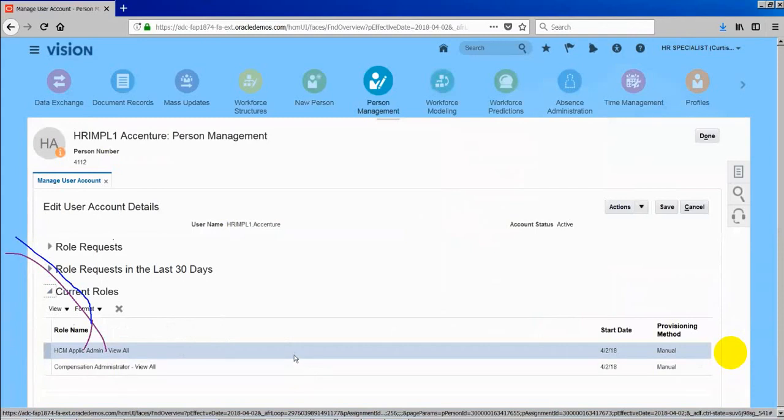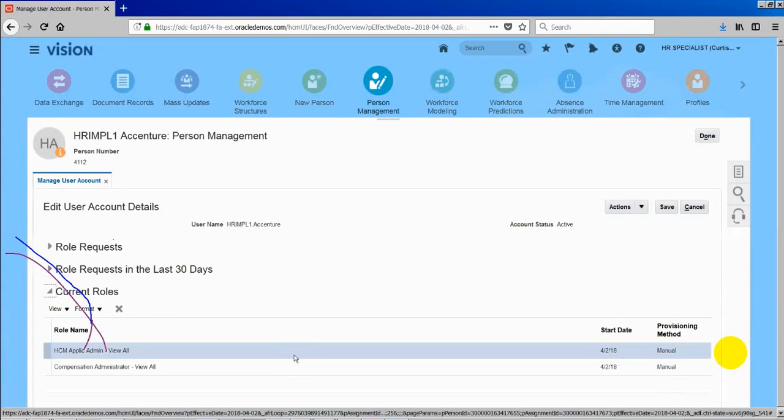So everything happened in one train stop. If we compare with EBS, we create the person record first, and then we create a user account. In the user account, we attach this person to that user account, and then add responsibilities to that user account. Two different screens there. Here it is one train stop, and it automatically creates the username. If you want to give additional roles, whoever is hiring that person can add more roles at the same train stop and get it done.